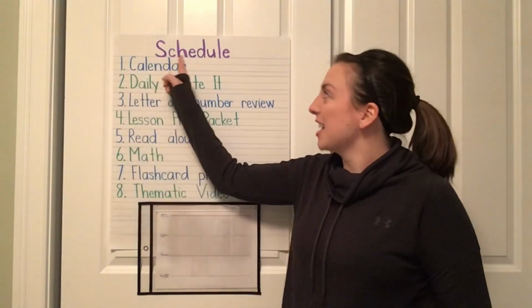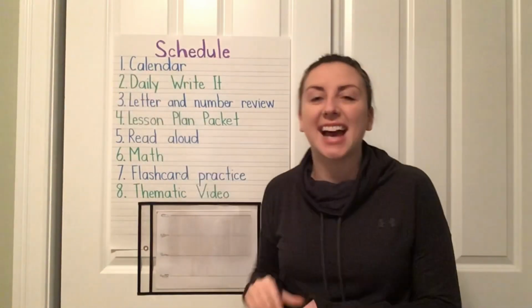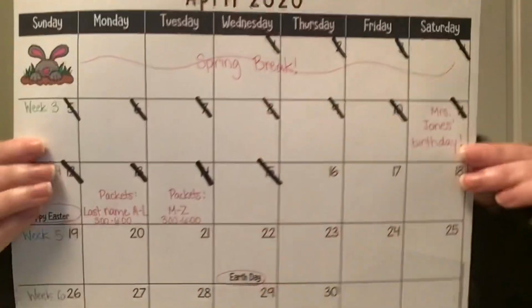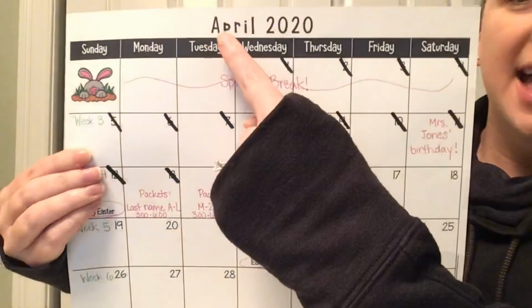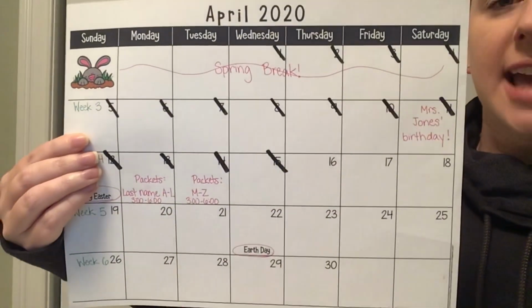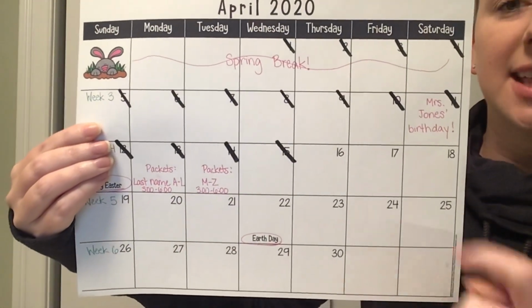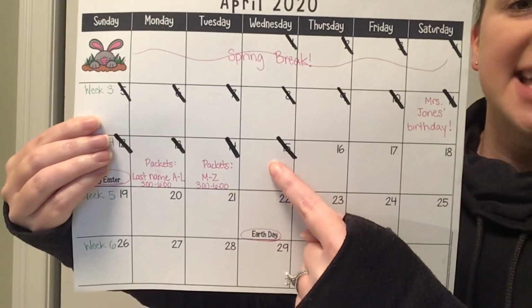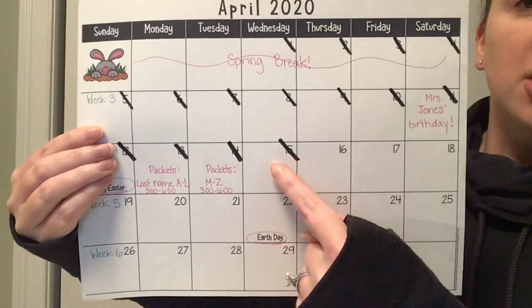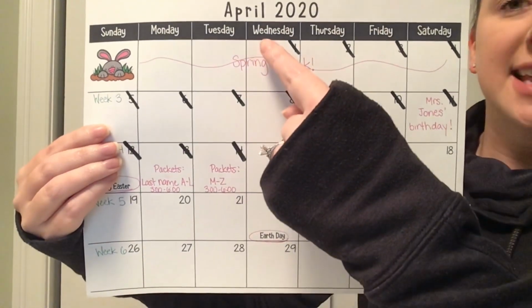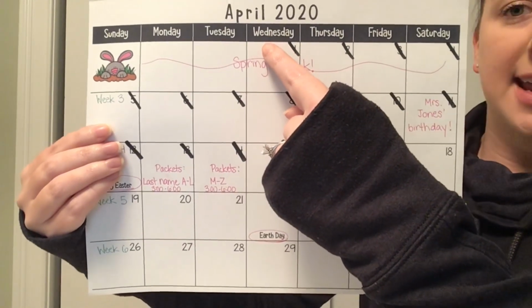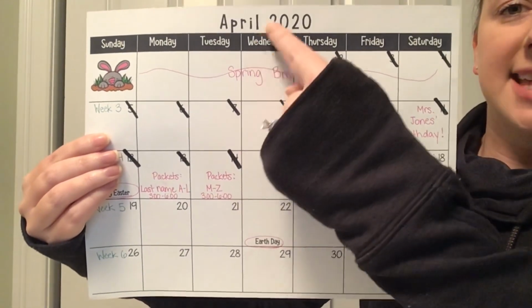So, on our schedule, number 1 is calendar. We are in the month of April, and looking at our days that are crossed off, we can see the last day that was crossed off is the 15th. So, moving up, we can see that yesterday was Wednesday. If yesterday was Wednesday, then today is